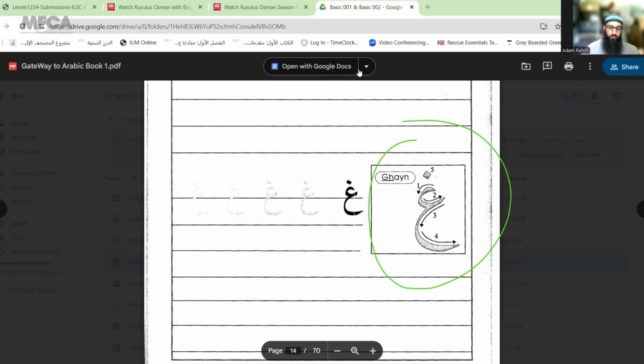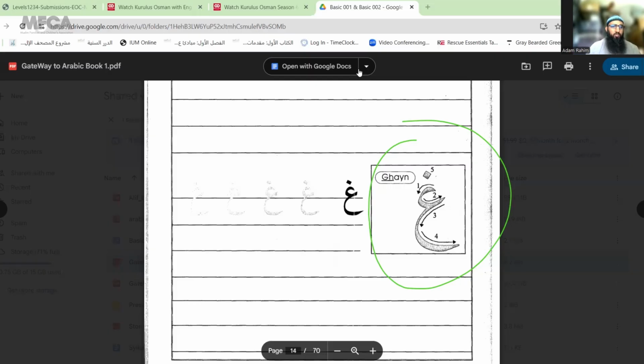Brother Shadi, Ghain. Same thing we mentioned: not ra, but ra. Ghain. Very good. Brother Sharif, Ghain. Brother Sayyid, Ghain. Very good. أحسنتم جميعا. Now, let's practice these letters with their accent